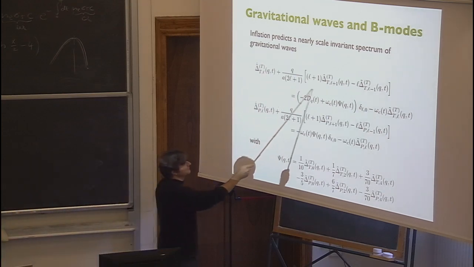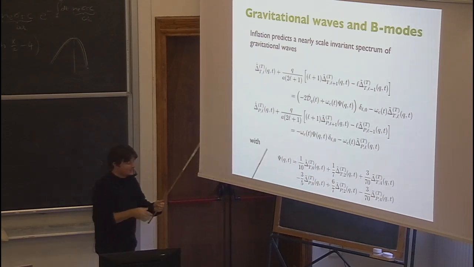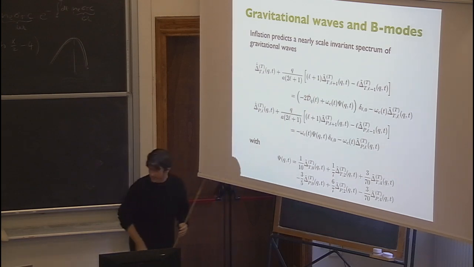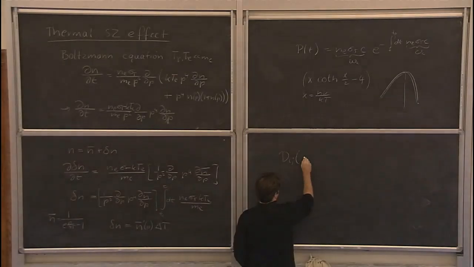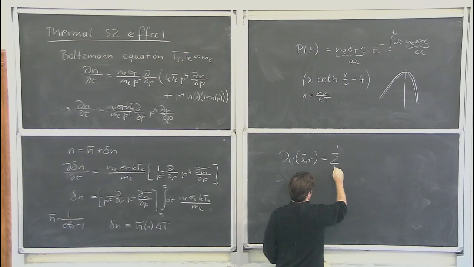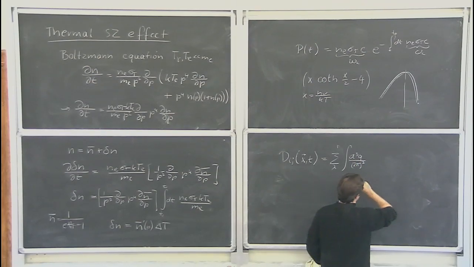So for the photons, obviously, you still have the same thing. What changes is that now you're looking at the tensor perturbations in the metric. So these are the gravitational waves. So really what I'm writing here is that initially you have Dij, this was the piece that I had in the metric of x and t. This you can sum over lambda, the helicity states, integral d3q over 2 pi cubed, and then you can write that as the polarization vector Eij